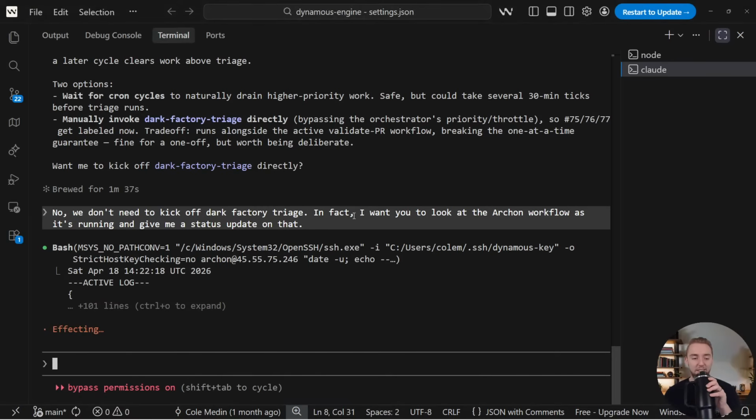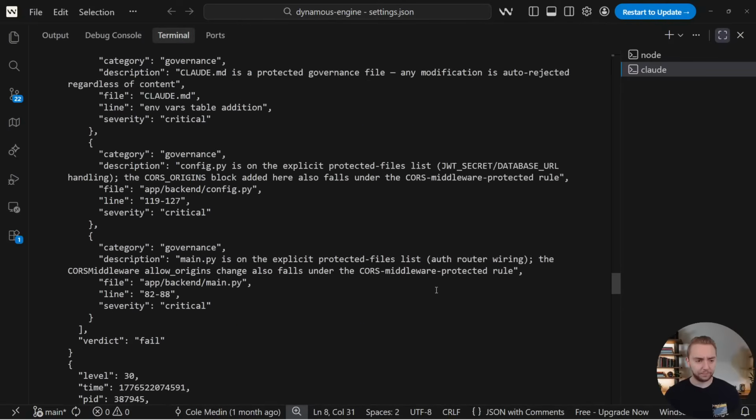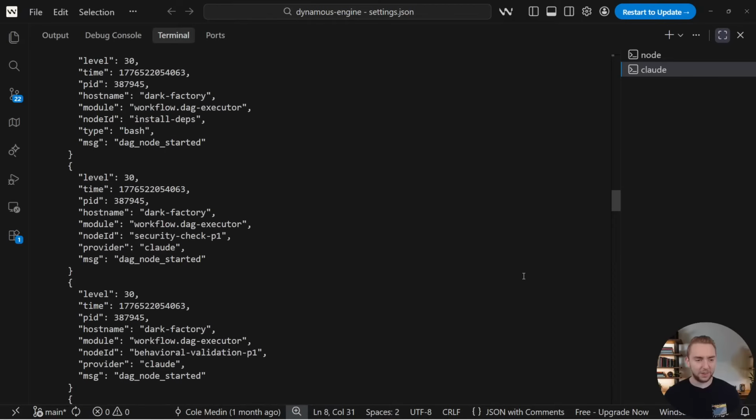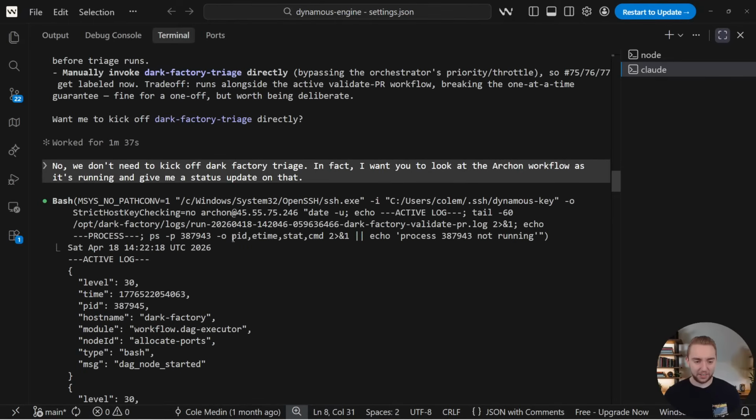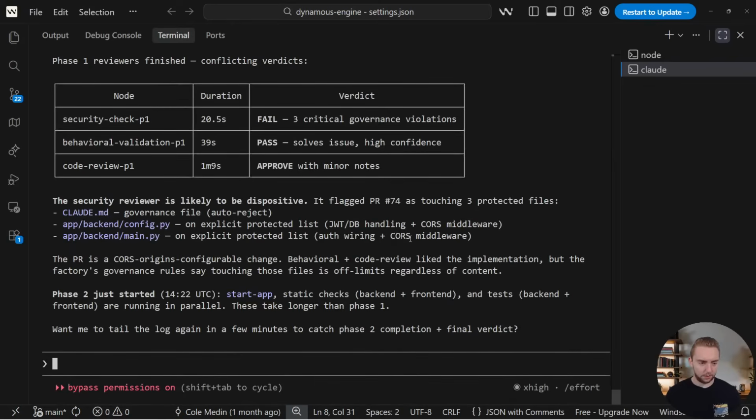All right, so we'll see in a second. I can do Control O so we can see what the logs are under the hood. Quite a bit of information here. So yeah, you can see that it used or just read the log file directly, because every single Archon workflow will go to the logs. So Control O to take it out.